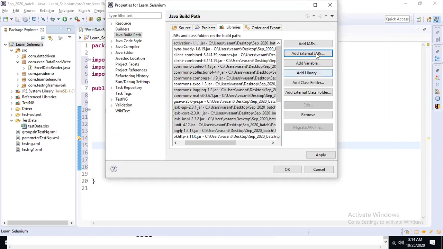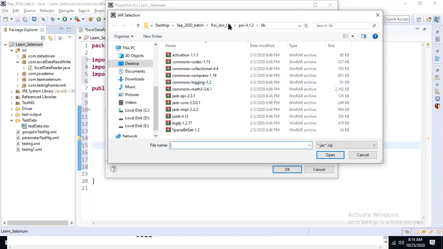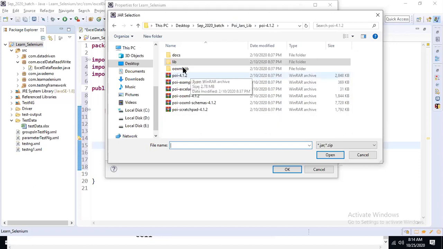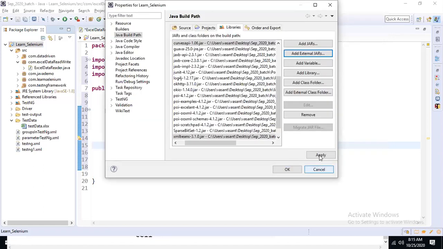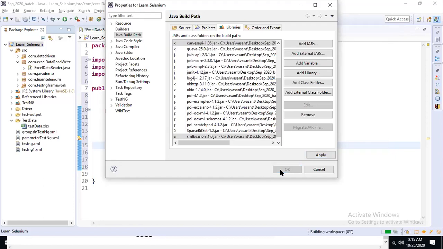Again click on add external jars, open this and add these 2 packages. Apply it and then close. We're done.